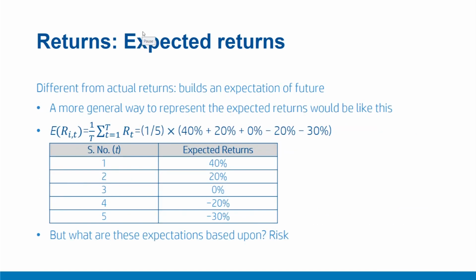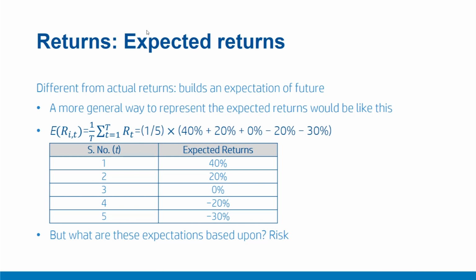Let's have a look at one simple example and try to compute this. The numbers are exactly similar here, and the only difference is that now the probabilities are not given and we are assuming that all the probabilities are equal. So therefore, we'll add up all the 5 observations of return and divide them by 5. The key question that remains, and that we will discuss in the next video, is what these expectations are based